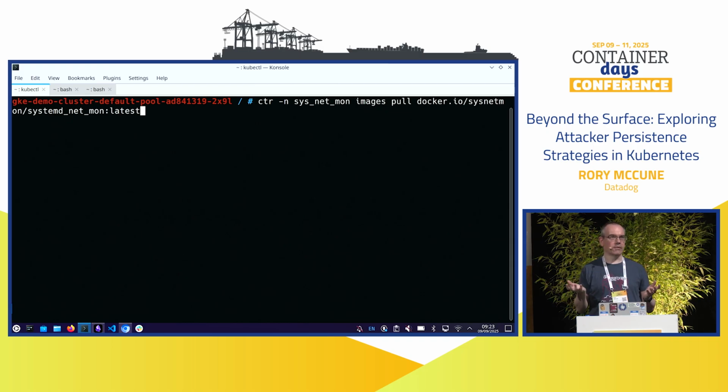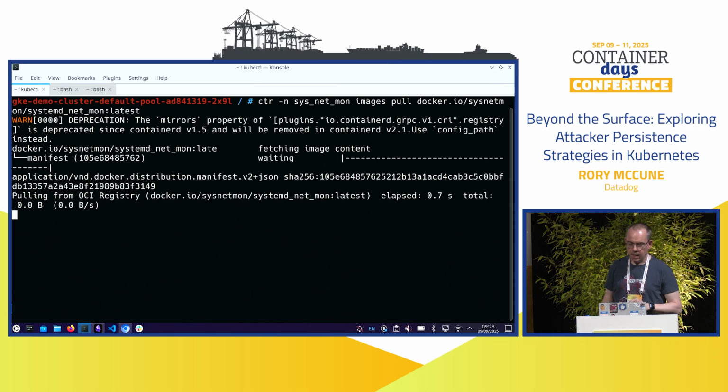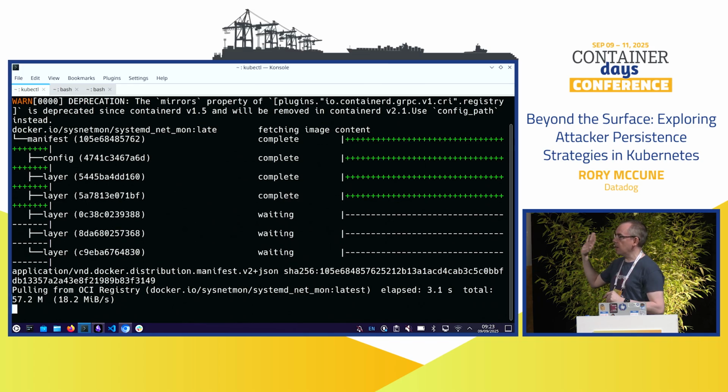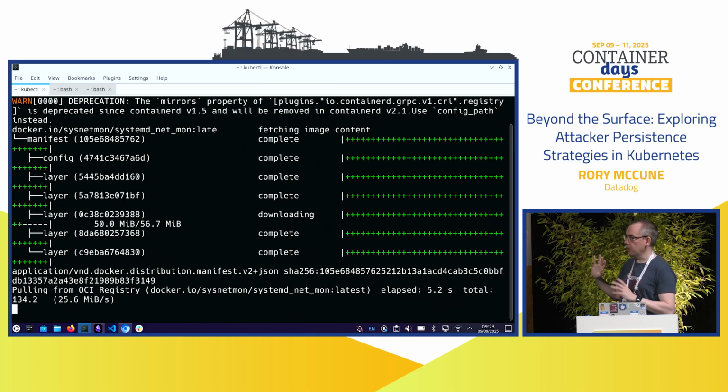I know people do, because I've got quite a few images that I've used in demos, and I keep seeing people pull them off Docker Hub. My stats keep going up. One of them I've got 1 million pulls. I don't know who pulls it. And I could rickroll them if I felt like it, but I haven't done it. Anyway, we're going to pull this image here, and this is going to come down, and this is going to give us all the tools we need to do all our hacking and things.